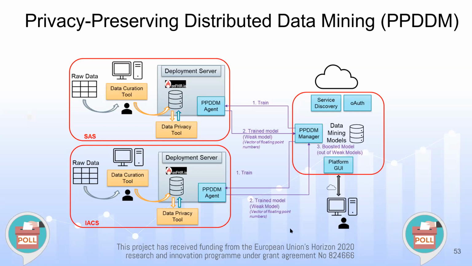So let me go to our second question that has to do with privacy preserving distributed data mining. What would you share if you were to share something? Would you share the data sets or would you share the models? I mean, somebody might want to share both. Maybe we should actually.